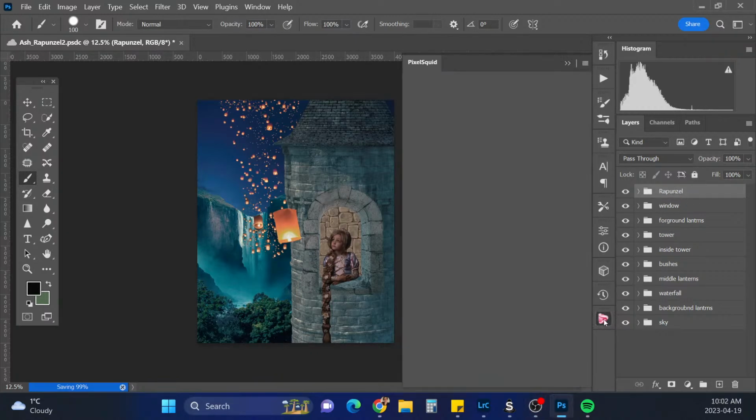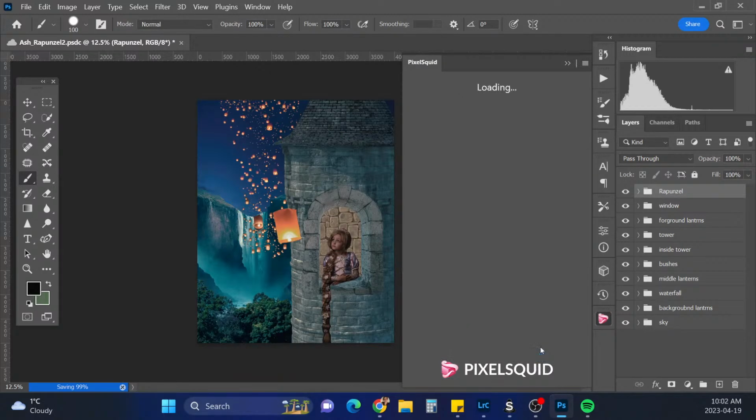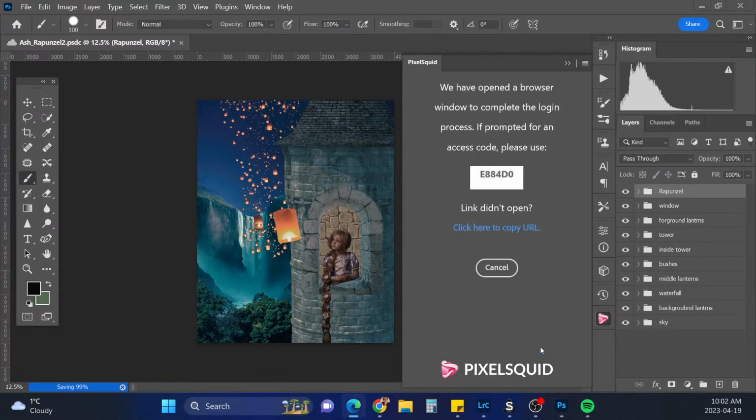So now I'm just going to start bringing in the other stock that I had from my Pixel Squid here. I'll just log in.